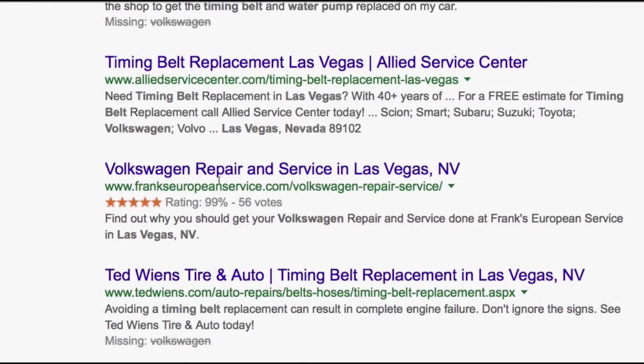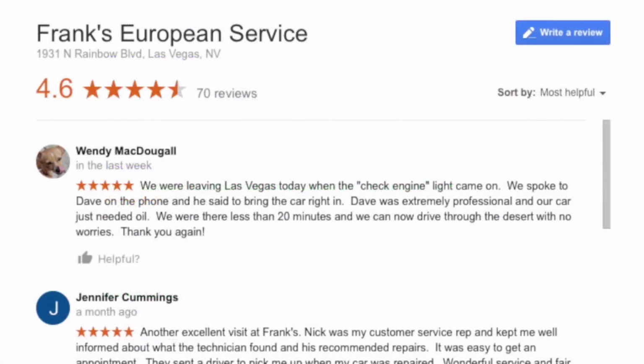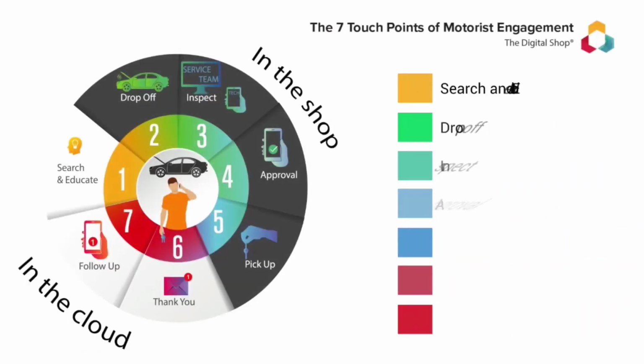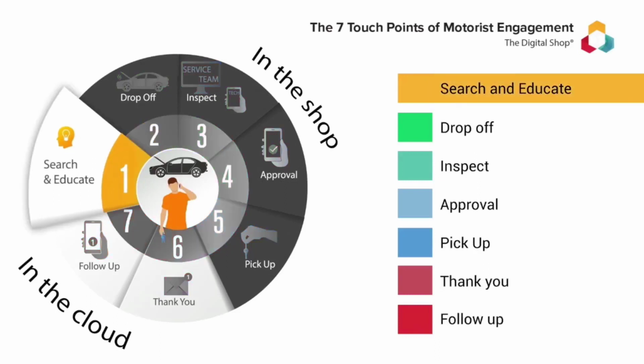Motorists are more inclined to leave a review, which will boost your online reputation by increasing the number of Google reviews, and if the customer doesn't have a Gmail address, the reviews will still be featured in the Google search. So to continue that relationship building process that we started with the motorist first searching us online, to coming